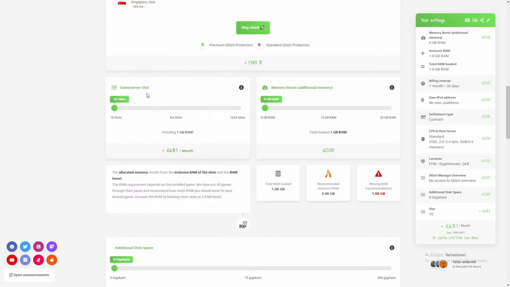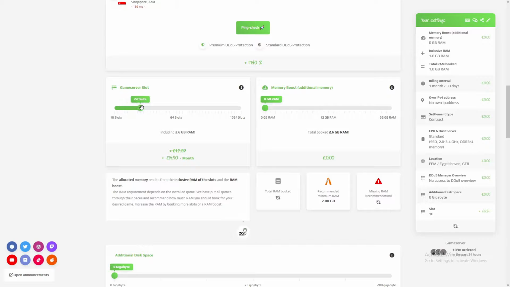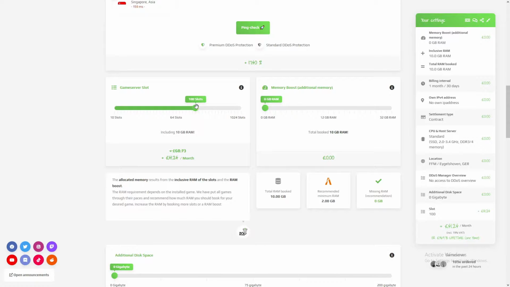Scrolling even further down, we've got the game server slots. So this is how many players can join your server at one given time. So I'd say 32 is the recommended starting amount for a new server. If you go above 32 slots, you do need to, as you can see, get a FiveM Patreon membership to get more than, oh no, sorry, it's more than 48 slots, not 32 slots nowadays. So you can go up to 48 slots,